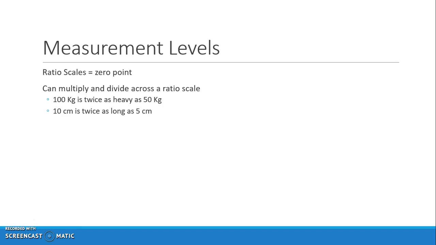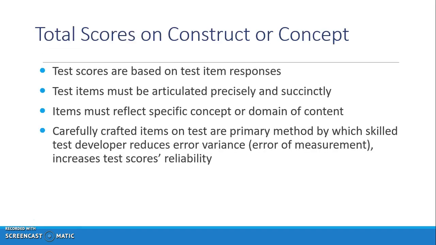So remember that with ratio scales, there's a 0 point, and you can multiply and divide across a ratio scale. Essentially weight is always used as an example, but you can look at the 10 centimeter line being twice as long as the 5 centimeter line in terms of the mark on the line of that visual analog scale, for example. So total scores on a construct or concept are based on the responses, and you've got to give scoring directions so that people